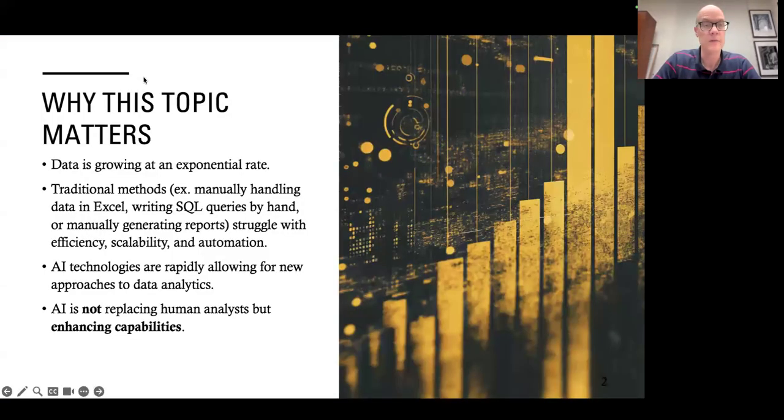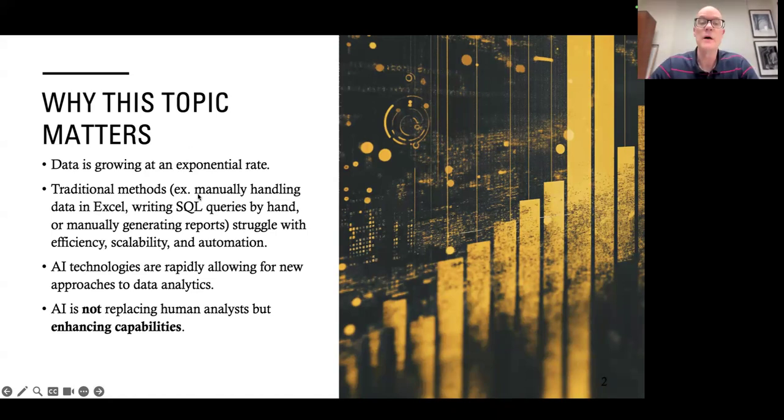Okay. So let's begin by why this is an important topic to discuss. So data is everywhere. I mean, this is something that I'm sure you've heard for years and years. It was true probably 20, 30, 40 years ago. It is true now. Data is growing exponentially. We produce mountains of data every day, and organizations, companies, nonprofits, all look to data to help them make decisions. So we're just surrounded by data.